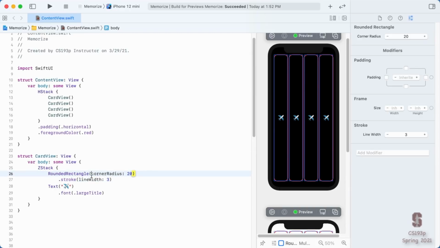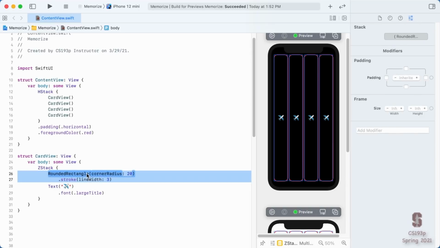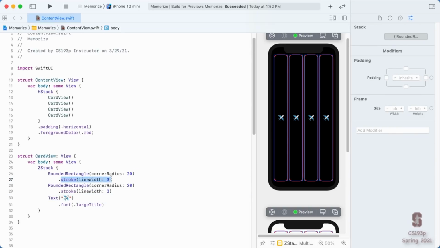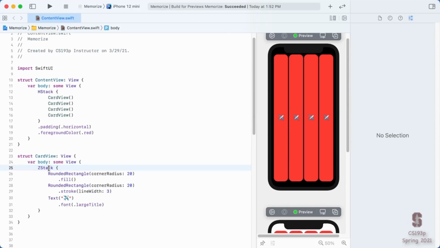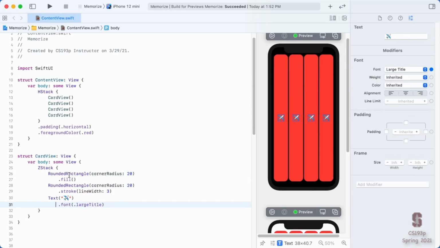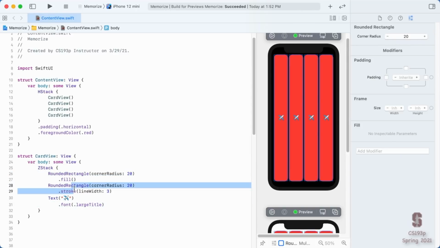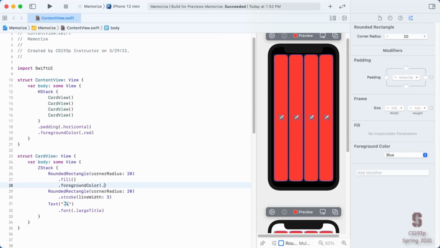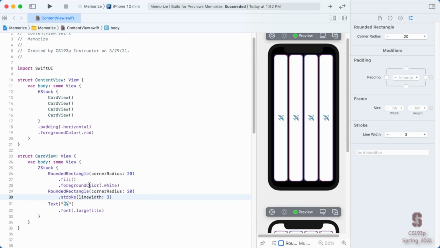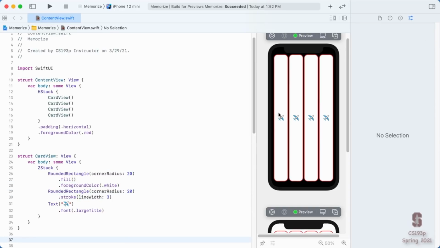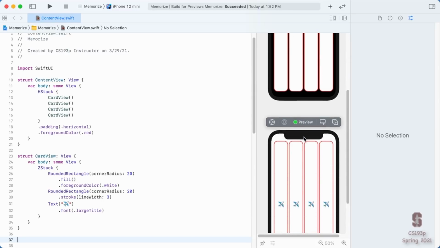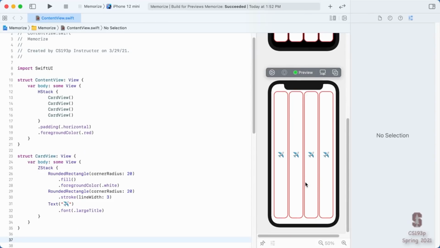So we're going to need two rounded rectangles actually. I'm going to copy and paste this, and create one rounded rectangle that's filled. On this ZStack, remember, ZStack stacks them on top of each other. So I've got a filled rounded rectangle, and then I put the stroked one on top of it. Of course, I want the filled rounded rectangle not to be filled with red. I want it to be filled with white. So I'm going to say down here, .foregroundColor(.white). That's going to fill our rounded rectangle with white in the background there, and then put the red on top of it. And it looks good in both dark mode and light mode.